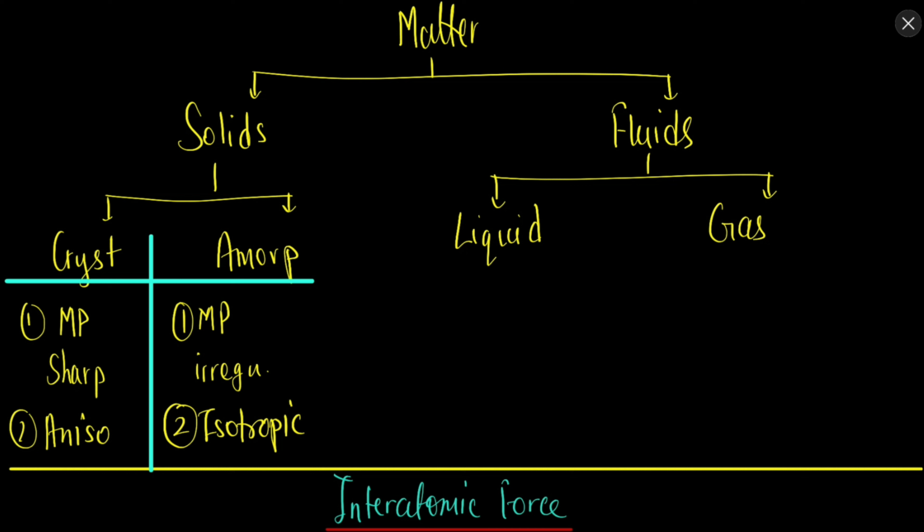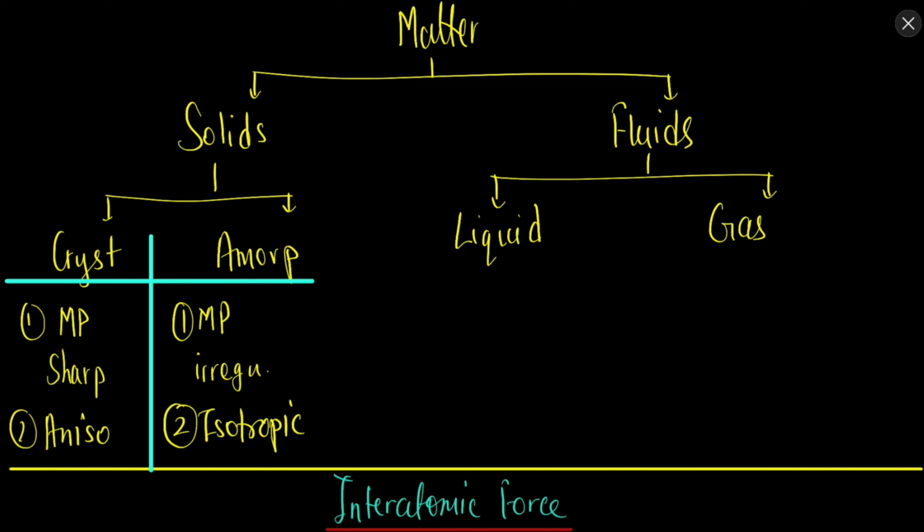But for the amorphous solids, for example, glass is an amorphous solid. For amorphous solids, the melting point is irregular. It is in a particular range. For example, the different types of glass melt at different temperatures. Let's say there we have one glass, and its melting point can be between 550 degrees Celsius to 650 degrees Celsius. So there is a range of temperatures during which the glass melts. So amorphous solids have irregular melting points, not a sharp melting point.